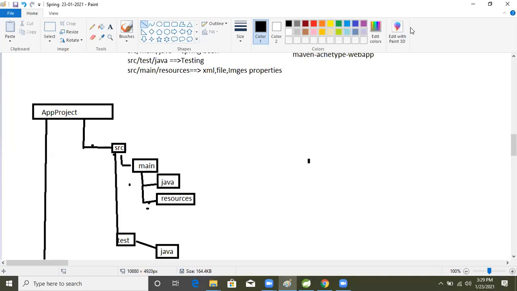Ideally you can use any IDE, but I'm going to use STS only. Don't worry about that, any IDE will work.